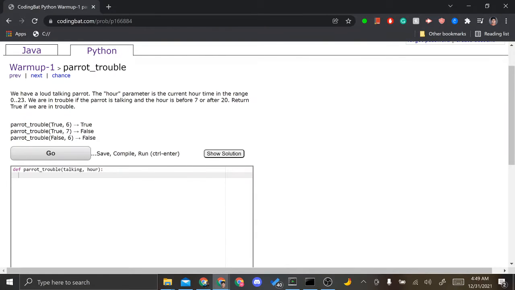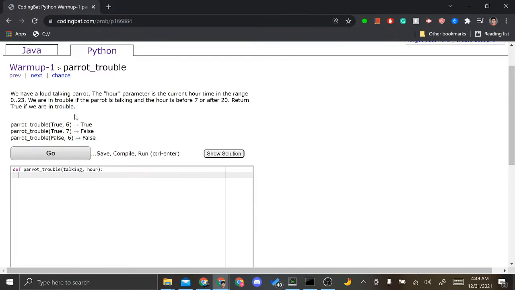Okay, so if we read this backwards, we can kind of understand the logic better. Return true if we are in trouble, right? That's our main objective. And then to find out if we are in trouble, we pretty much say the hour must be before 7 or after 20, right? Notice this word is or. It really can't be and, right? A number can't be less than 7 or greater than 20 at the same time. There's no such number that is less than 7 and greater than 20. So this or condition says either after 8 p.m. or 7 a.m. within that same day.